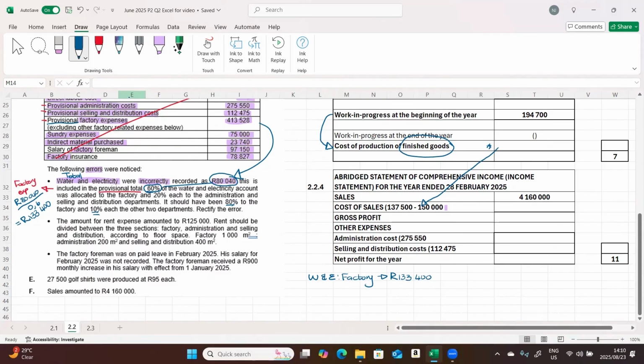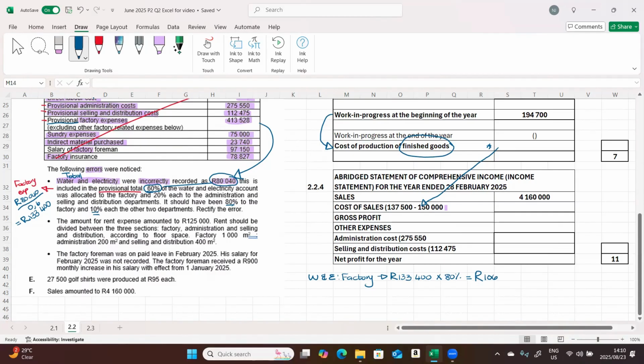What is the correct percentage? The correct percentage that we allocate is 80%. So we multiply this with 80%, and then we will get the correct amount that the water and electricity for the factory should be. So take 133,400 and we multiply it with 0.8 or 80%, and then you will get the correct amount for water and electricity should be